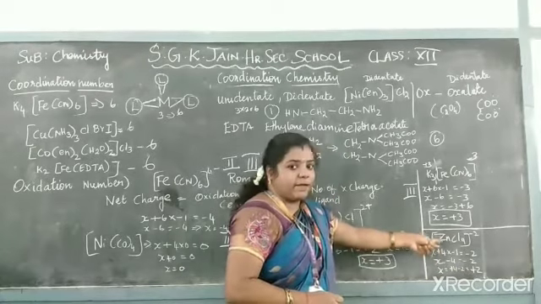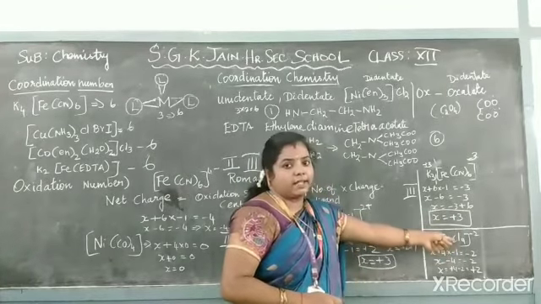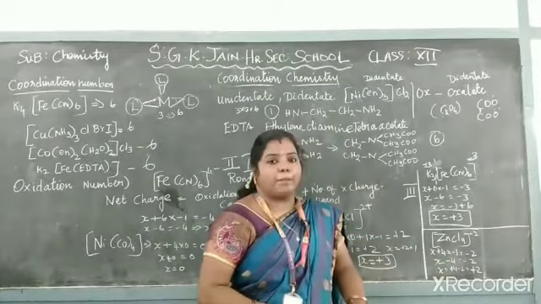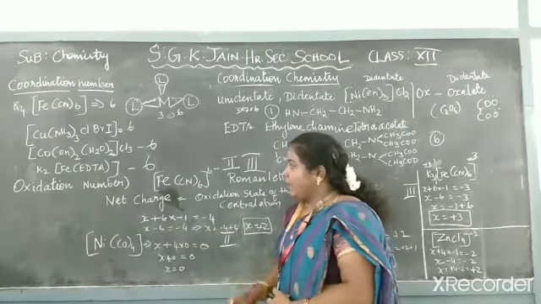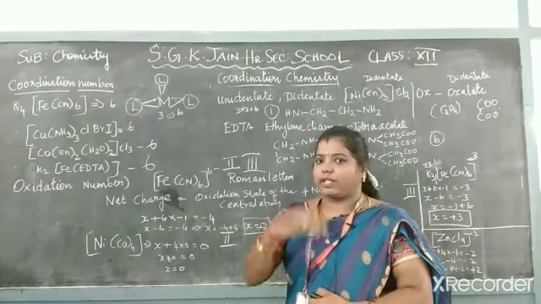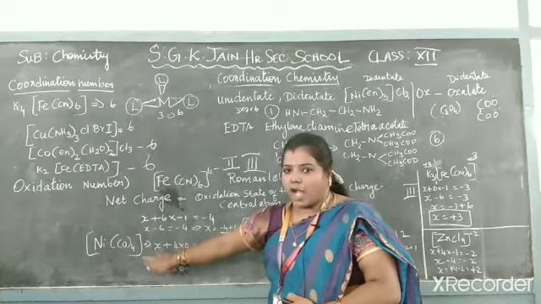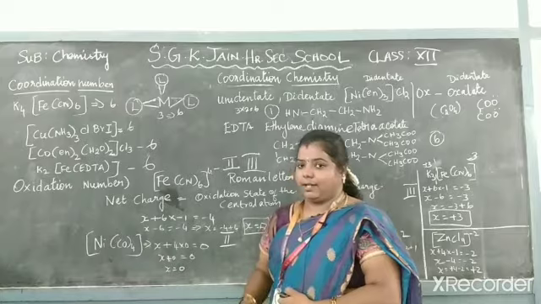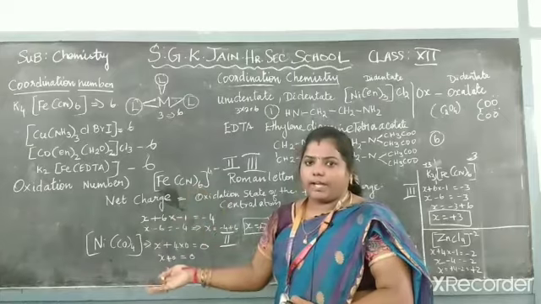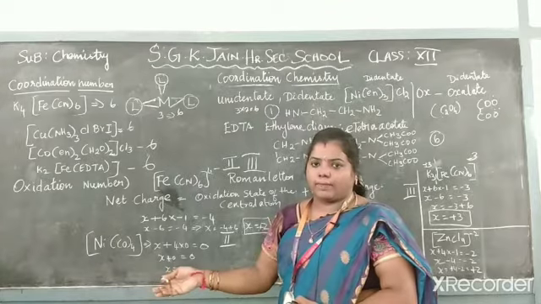And next one. Here it is also the same thing. [ZnCl4]. Zn will be considered as X. The net charge should be minus 2. How many ligands are there? 4 ligands are there. Chlorine should be minus 1. X minus 4 equals minus 2 and X equals plus 2 is the oxidation state. And the last one, in a few cases the charge is not given. We have to find it based on the counter ion only. But see here, there is no counter ion and the charge is also not indicated here. Then what should we do? Let it be neutral only. If it is not an ionic compound, the charge is not given and the ionic counter ion is also not there, it means it is neutral only.